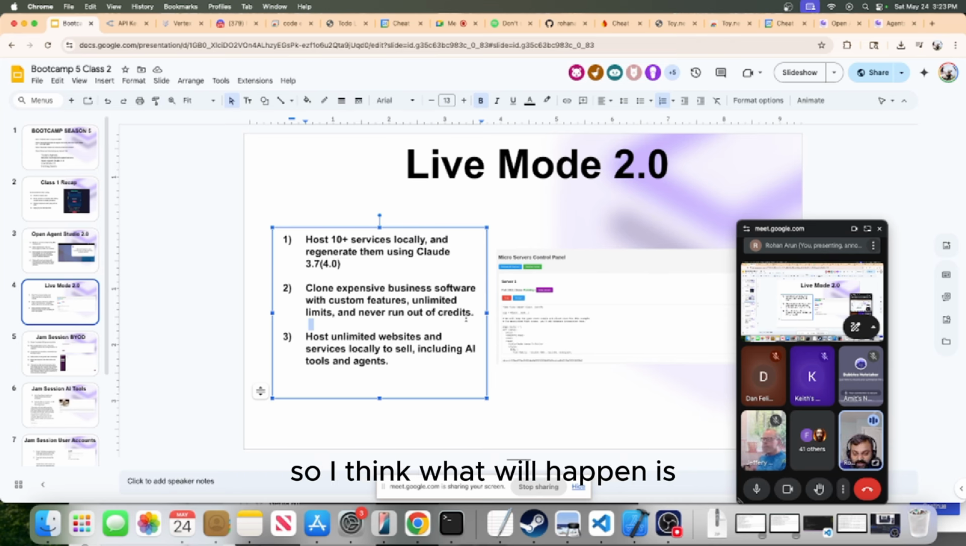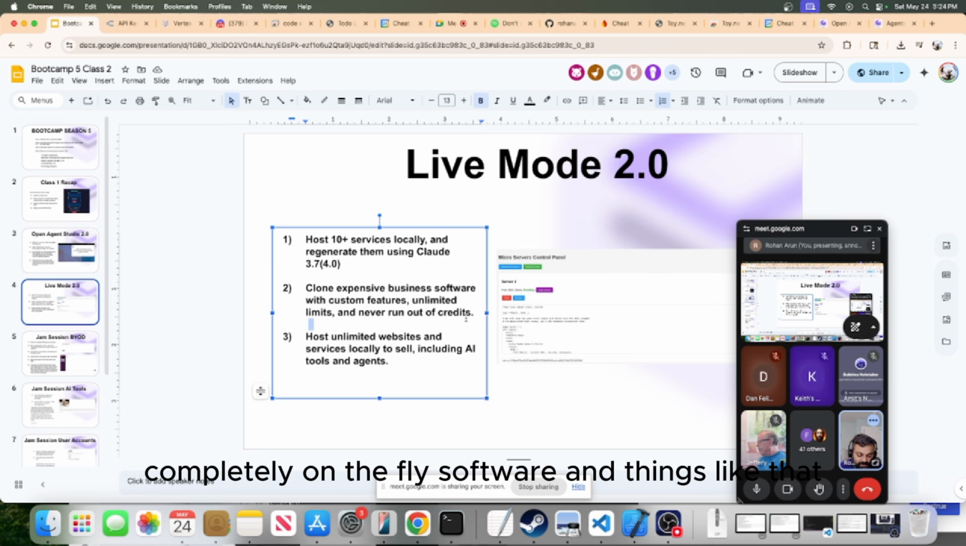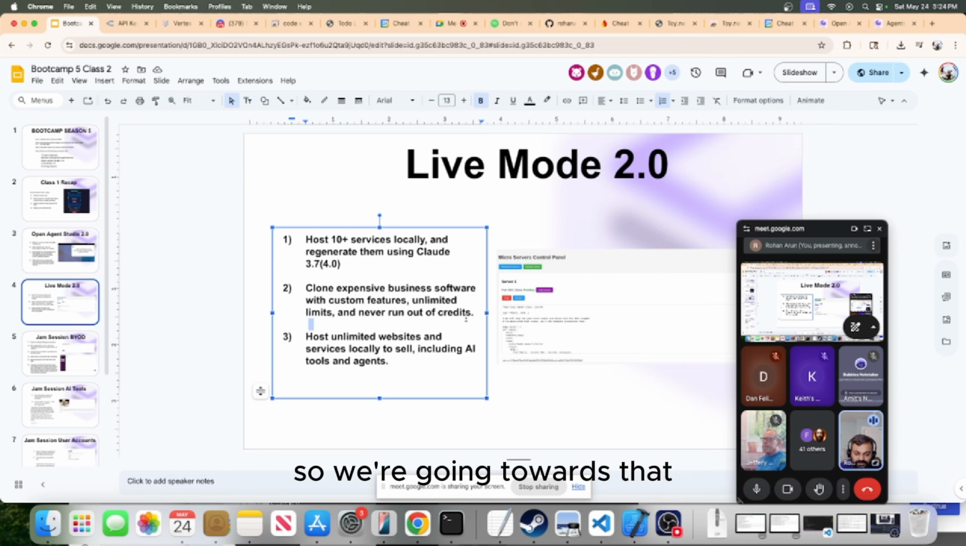So I think what will happen is, since local models will be completely offline and really powerful soon, people will start to favor custom, even completely on-the-fly software. So we're going towards that, and this is really exciting. So okay,